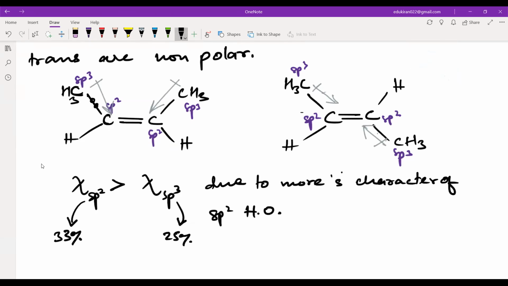So the net dipole moment here, if I resolve this, you will get one dipole moment in this side and one dipole moment lower. These two will cancel each other out, but these two are in the same direction, so a net downward dipole will be there. That is why I can say mu net is greater than 0, and here the net dipole moment is equal to 0. Okay, write this down.